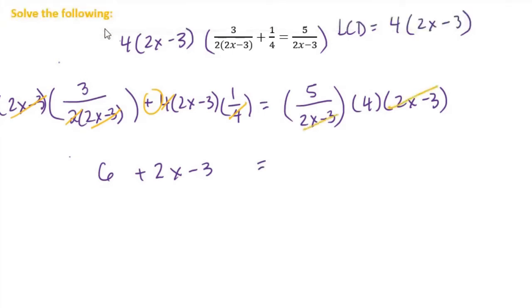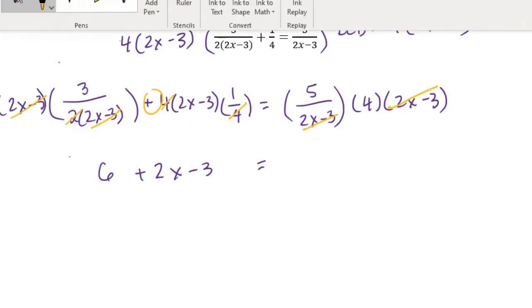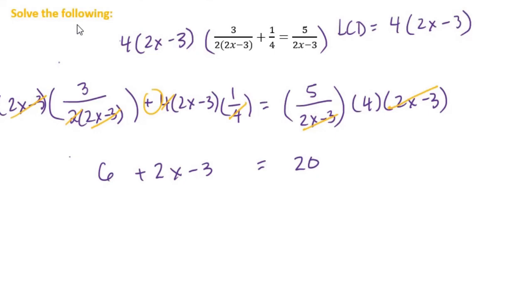And on the right-hand side, we can cancel the 2x minus 3's, and we're left with 5 times 4. 5 times 4 is 20. So we'll always have this one messy line, and then we take it right back to a much more simple problem. I only have a single term with an x, so I'll leave that on the left-hand side. 6 minus 3 is 3, so I'll subtract 3 from both sides, and 20 minus 3